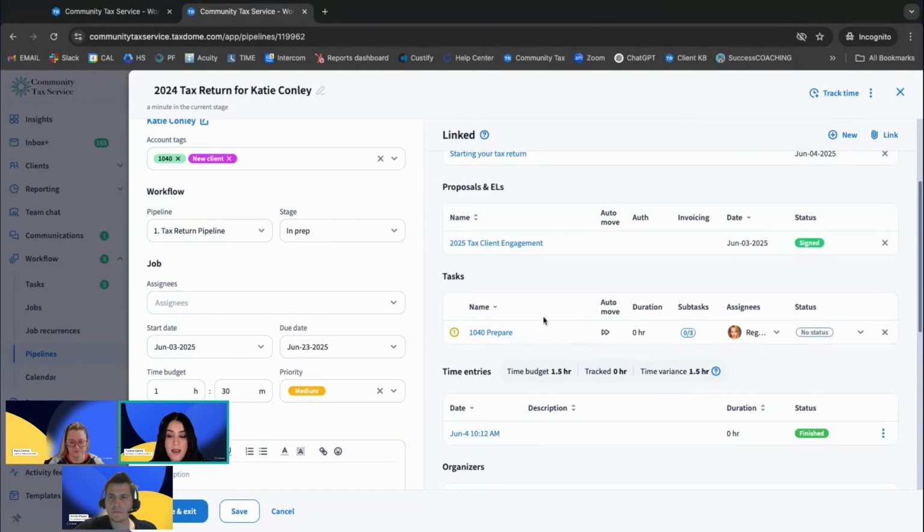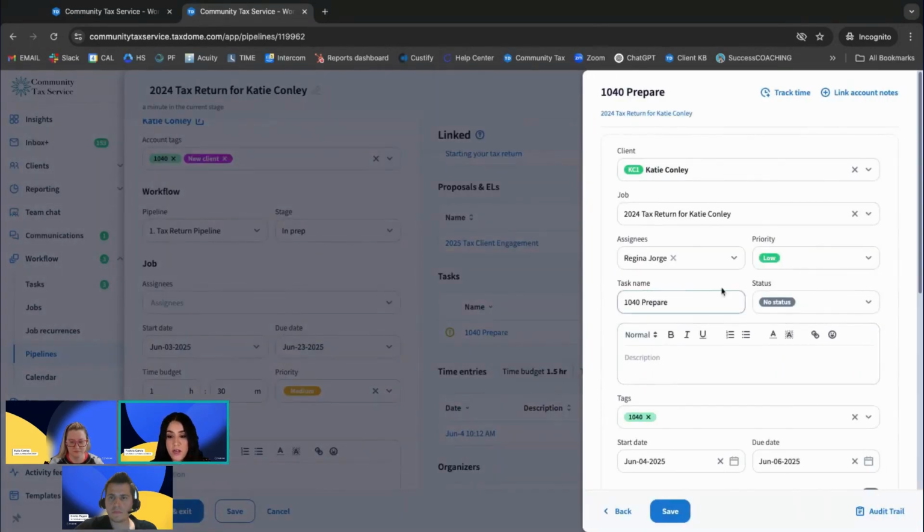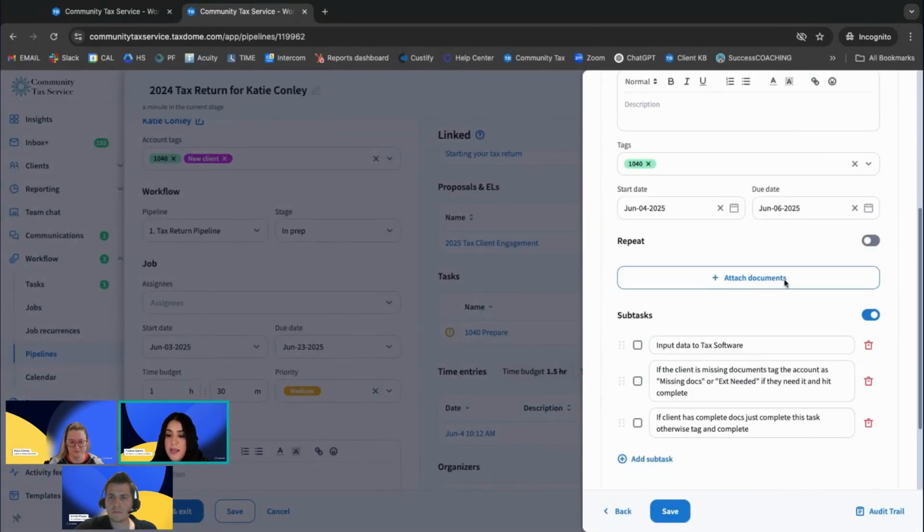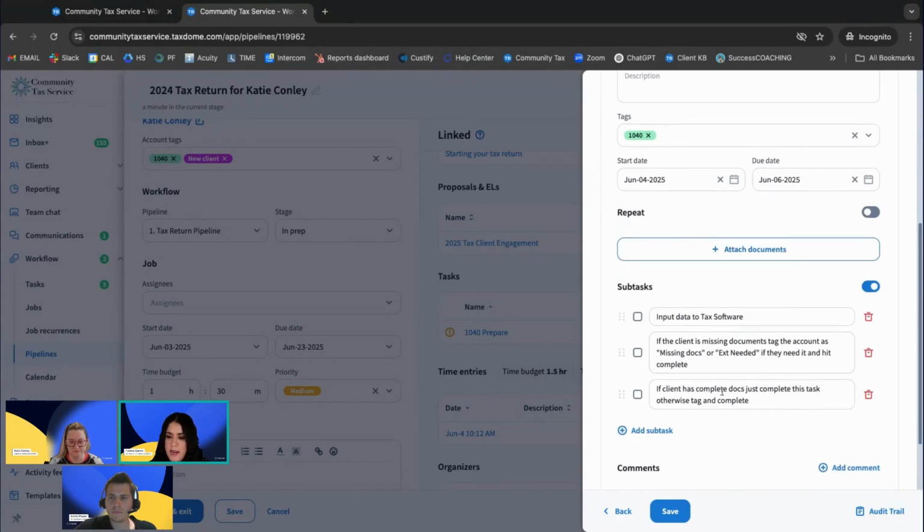But if I am Regina, and I'm working on this, well, this is my task that was created. I need to look at my instructions in the subtasks. What do I need to do here? Well, start inputting the data in the tax software, right? Make sure they're not missing information in that organizer, right? And,